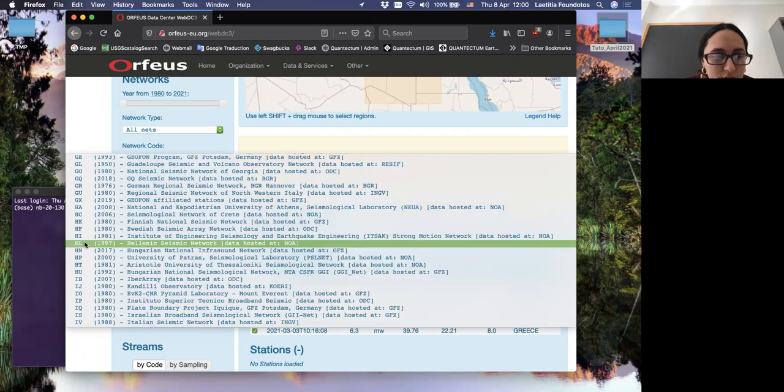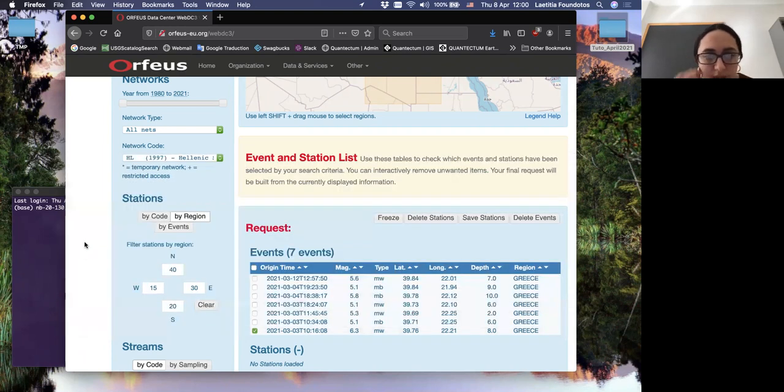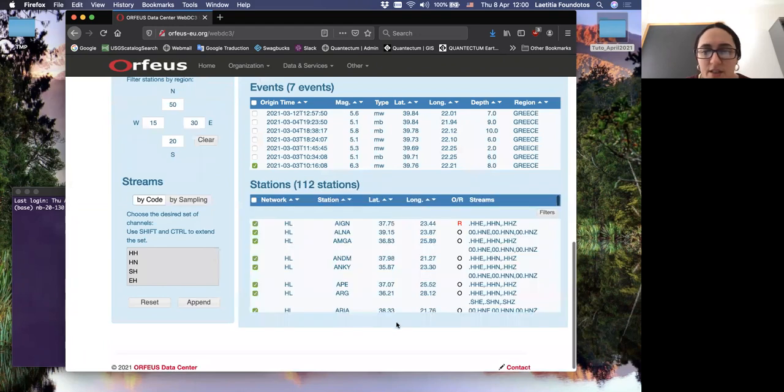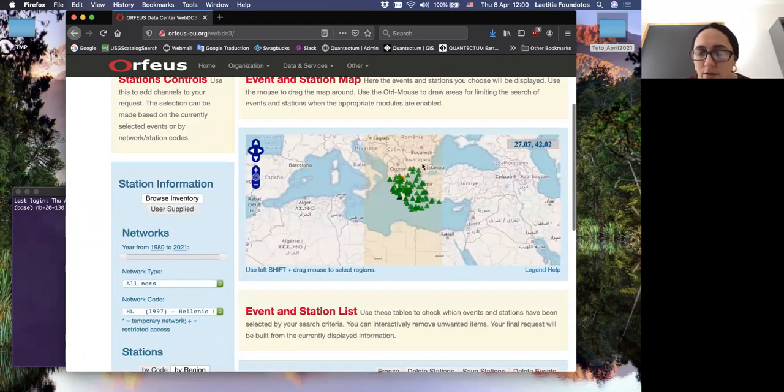I will select only this network and search for stations. Okay, so I have all these stations here for the Greek network.